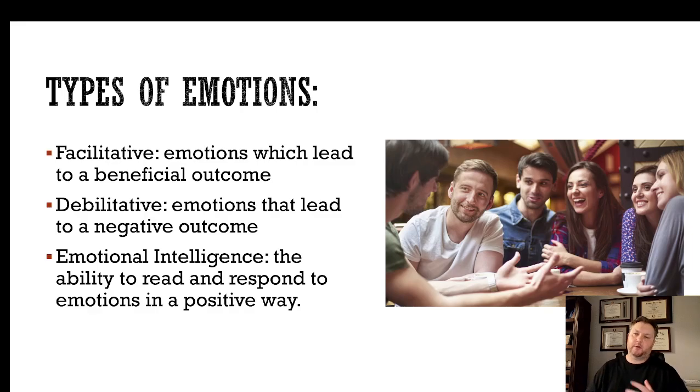Now, emotional intelligence, that's the ability to read the emotions of the room, of other people, and respond appropriately. Obviously, if you do that, you're going to have much healthier and stronger relationships, because emotions are a big part of who we are. And if you can read them effectively in other people, what's really going on, and respond to them appropriately, obviously you're going to have a better communication flow, and they're going to be more comfortable around you, and the relationship's going to be healthier. But you also have to remember there's two sides of that coin.